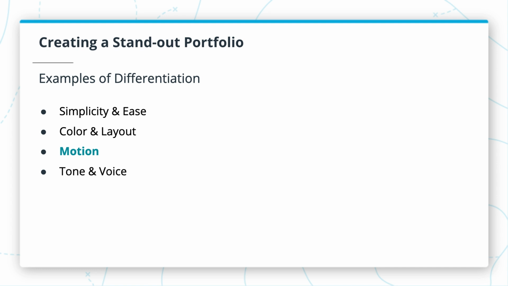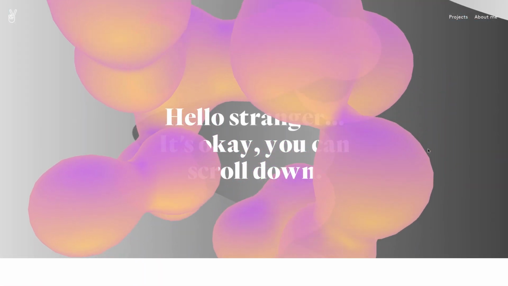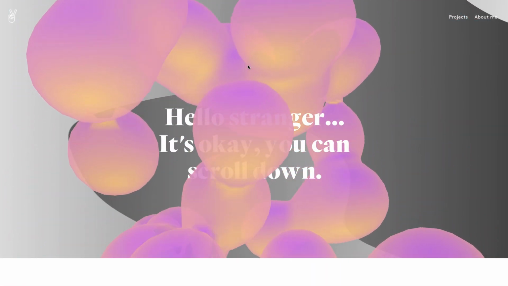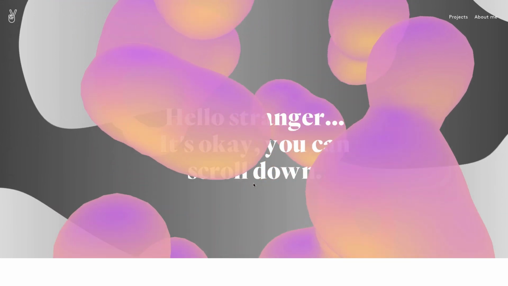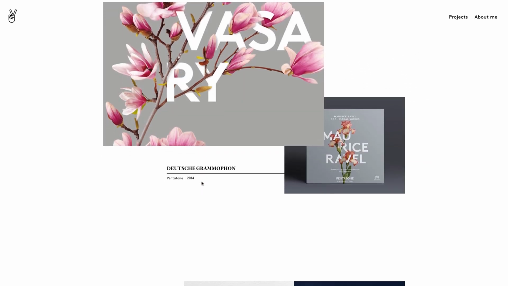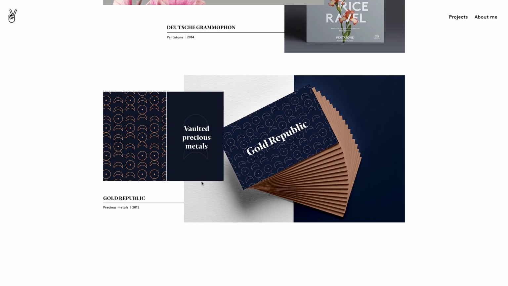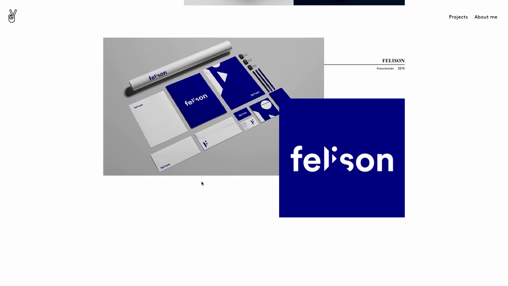Next, we'll look at motion. So motion is very interesting because it is very much in real time. It presents some interesting visual elements, and it can definitely convey personality in a different way. So the example I want to show is this example by Julie Bonmoy. What's beautiful is that you have this sort of rapid fire animation piece up here, and then as you scroll down, her text animates in, as well as you get some zoom and perspective changing. Again, case studies animate in, very seamless transitions, and then a nice close.